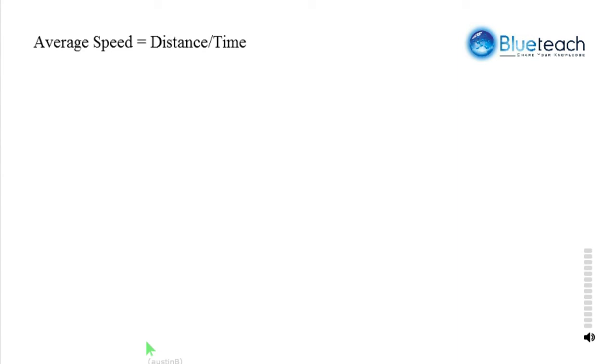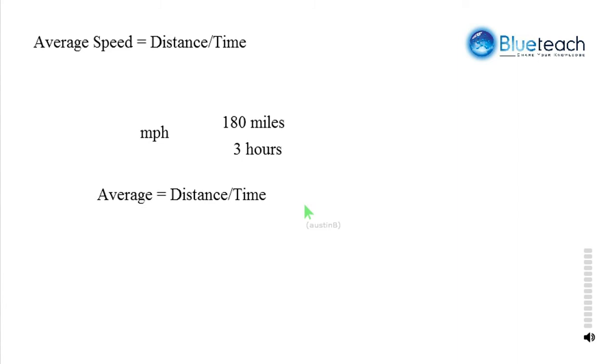How are we going to solve this? Well, we use the same formula that we used to evaluate 8y. First we write our variable expression, and we've already done that: average speed equals distance over time. We substitute our values for variables, the distance in this case being 180 and the time being 3 hours. We simplify our numerical expression, 180 divided by 3, and we get the average speed being 60 miles per